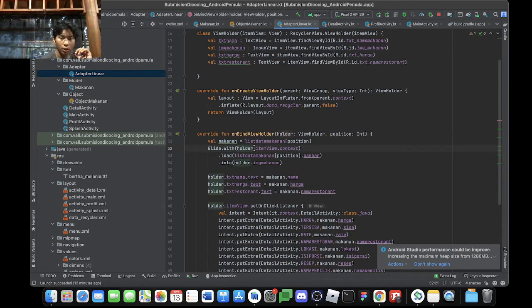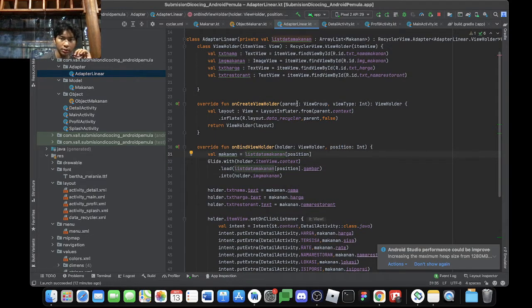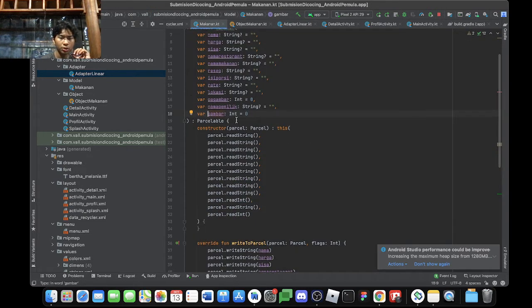glide.with holder.item view dot context inside of a bracket dot load and list data food position, just like this. Dot image. This image is from the model.